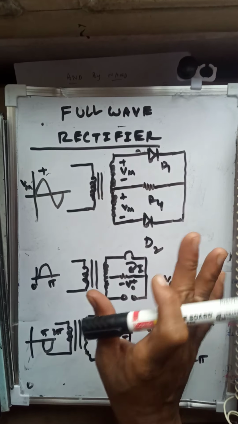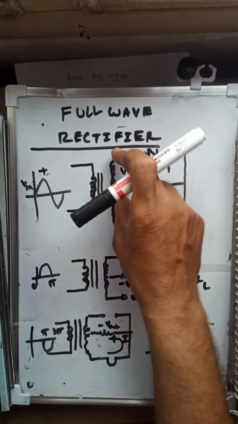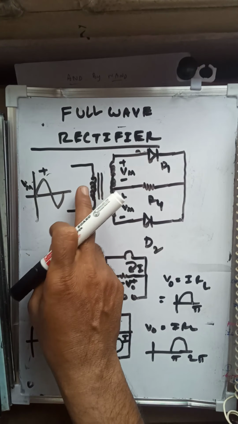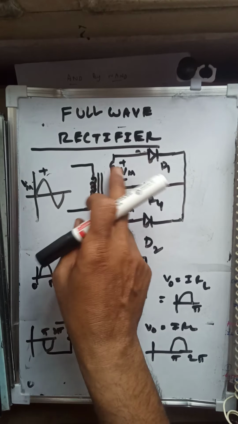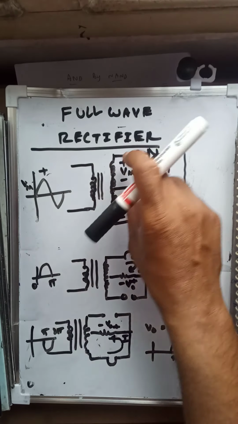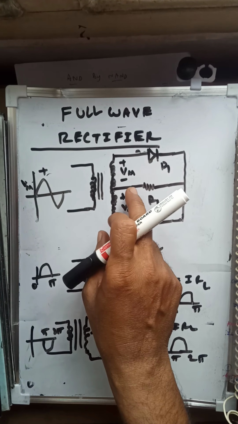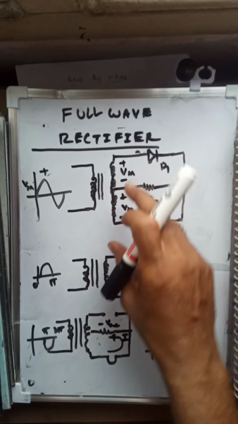This is D1, D2. Here the two diodes D1 and D2 are connected, and then the center load is connected, and this is a center tapping transformer. So here the coil is 10 turns, for example, and it becomes 20 turns, a 1:2 ratio of the coils. The same signal is applied, and because of the center tapping transformer, there is the function of the center transformer.